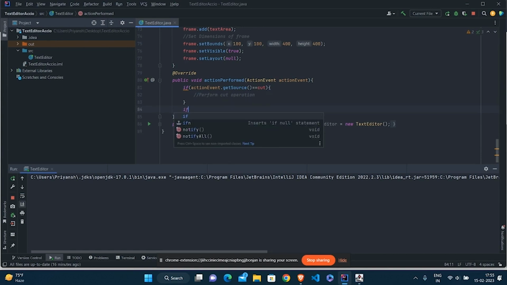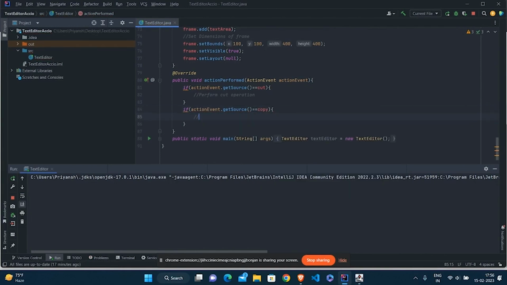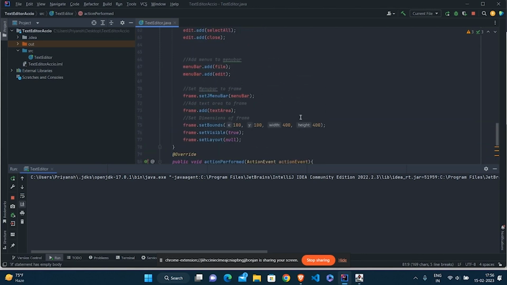Similarly, if action event dot get source is equal to copy, then we need to perform the copy operation. So this is how we are going to implement all of the actions using the action listener class.